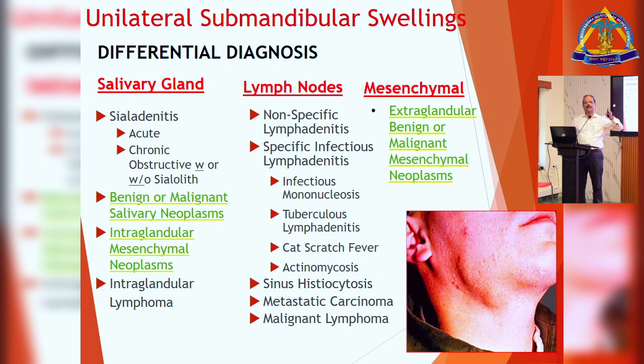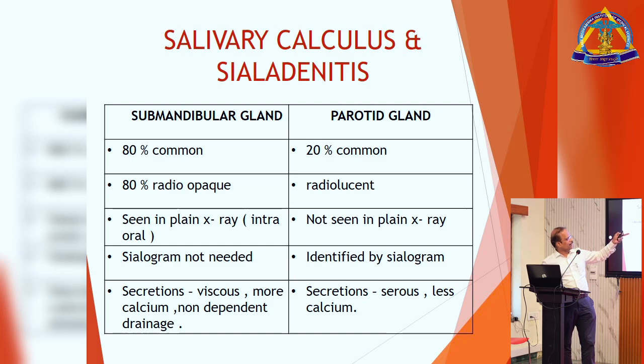So the differential diagnosis for submandibular sialadenitis or submandibular adenopathy is lymphadenopathy, submandibular lymph node enlargement. How will you differentiate? Can anybody tell me? So this is the submandibular gland. Sialadenitis is more common in the submandibular salivary gland, for the reasons: 80% in the submandibular gland and 20% in